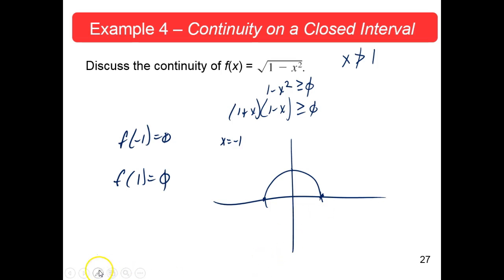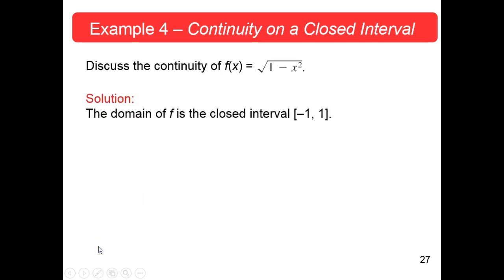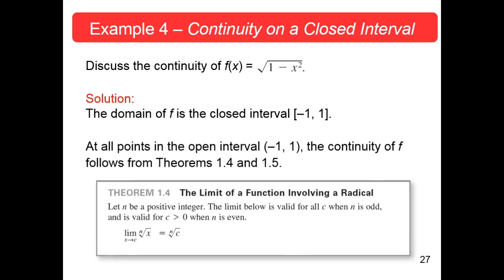All right. That was quick and dirty. We didn't go through all the gory detail, but I know you remember how to do that. The domain of this is the closed interval from -1 to 1. That's exactly what we said, including the endpoints. Okay? At all points on the open interval -1 to 1, the continuity of f follows from Theorems 1.4 and 1.5. 1.4 was